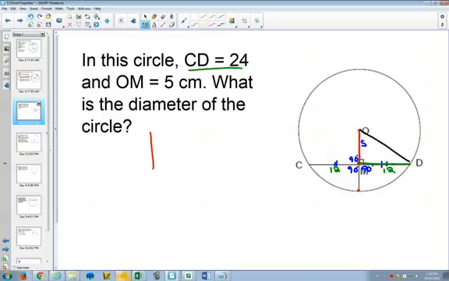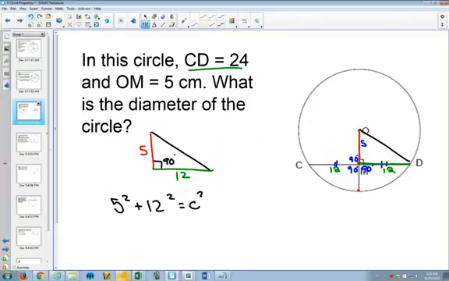So I've got that red line there, I've got the green line over here, and then we've got the black line there. And what do we know? The red line is how long? 5. The green line is 12. And we know that this is 90 degrees. So it's a right angle, so 5 squared plus 12 squared equals C squared. 25 plus